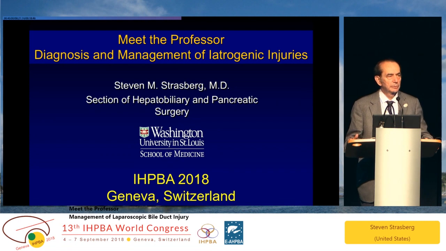So we usually repair everything that's bigger than a segment. The right posterior sectional artery is 2 segments. We probably would try to repair it rather than clip it or tie it. The other possibility, if you can't do either, because that bile duct is going to stay open for a long time and drain bile, the other choice you have is doing a right posterior sectionectomy, just removing that part of the liver. So you either bring a Roux loop to it, could you close it with a T-tube primarily,